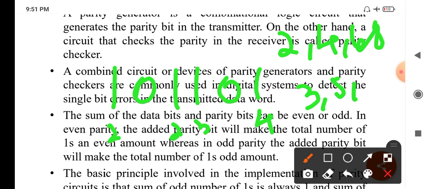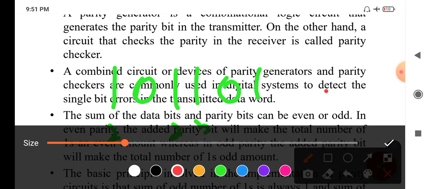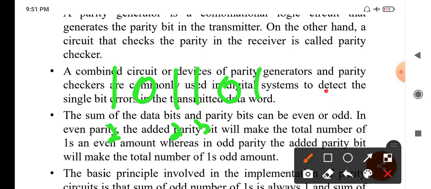Now we need to see the even number of ones and odd number of ones in a data transmission. Say we need to transmit this 1 0 1 1 0 1 from a center named A to a center named B. While transmitting, we put one parity bit.